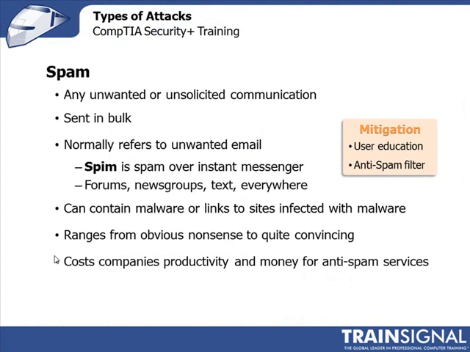Now, as a response to this, the US government has actually passed some largely ignored legislation. It's called the CAN-SPAM Act of 2003, and it requires that any bulk email follows a set of criteria, like it includes the actual physical address of where the company resides that's sending the email. It has a relevant subject line, tells you exactly what the email is going to be about, and has a link or an option for how to opt out and stop receiving those emails,